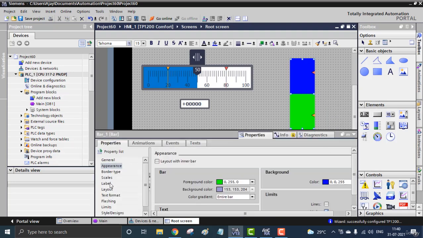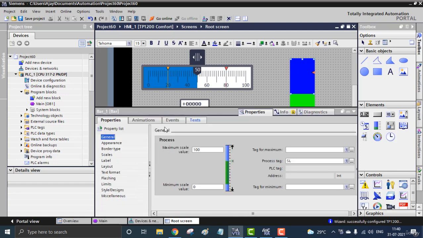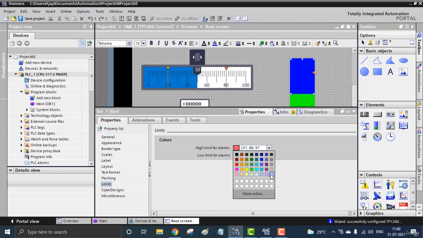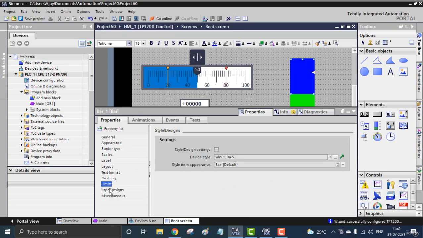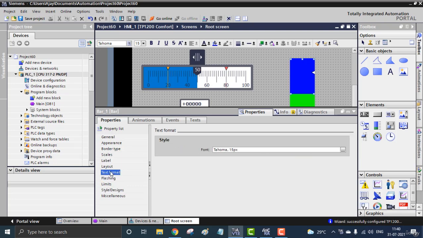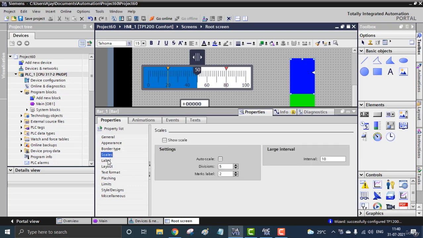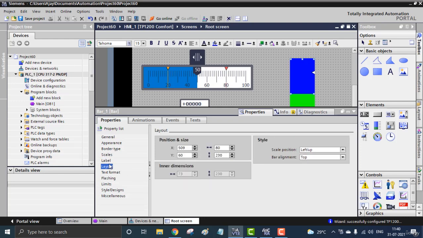If you don't want to see the background or these kind of elements, these higher and lower limits, the limits I can change the color into white. So I don't want the limits. Like, let's see, you can go right here, flash, text format, layout, and labels, scales, and show marker process value. I don't need the marker anymore. And the layout also,